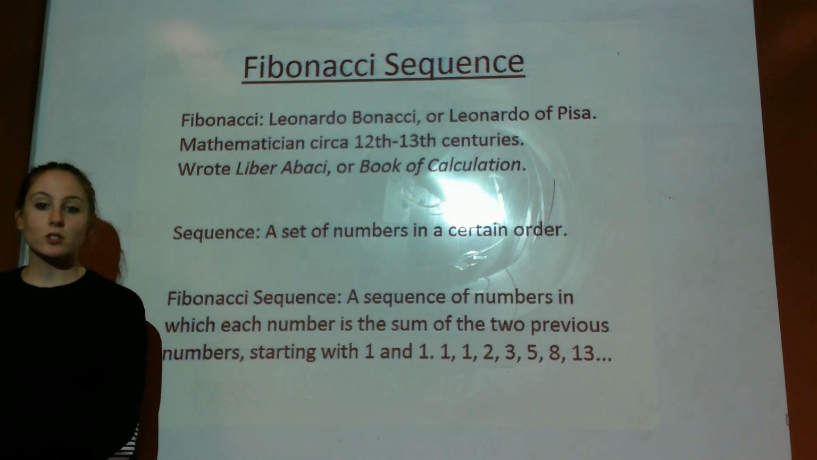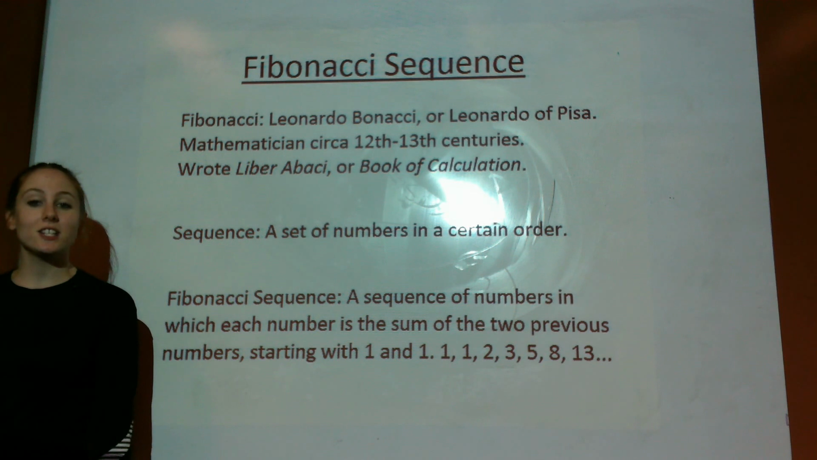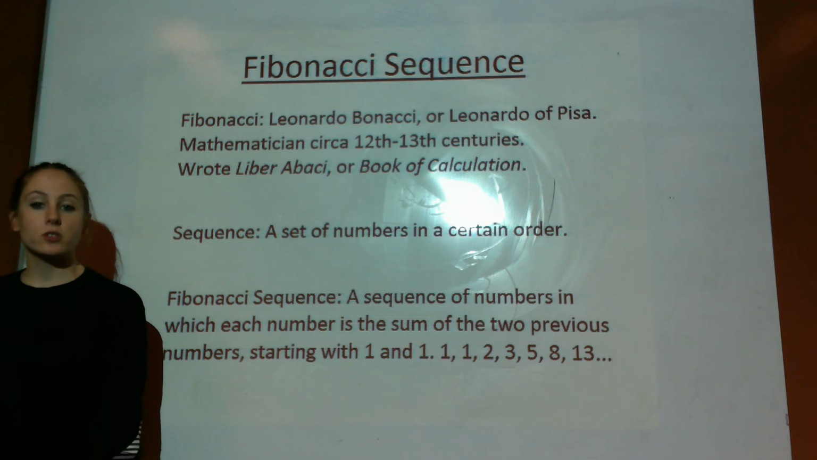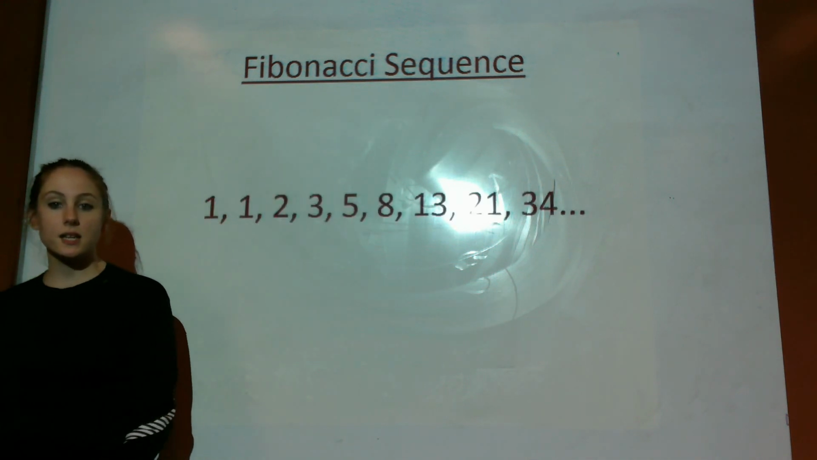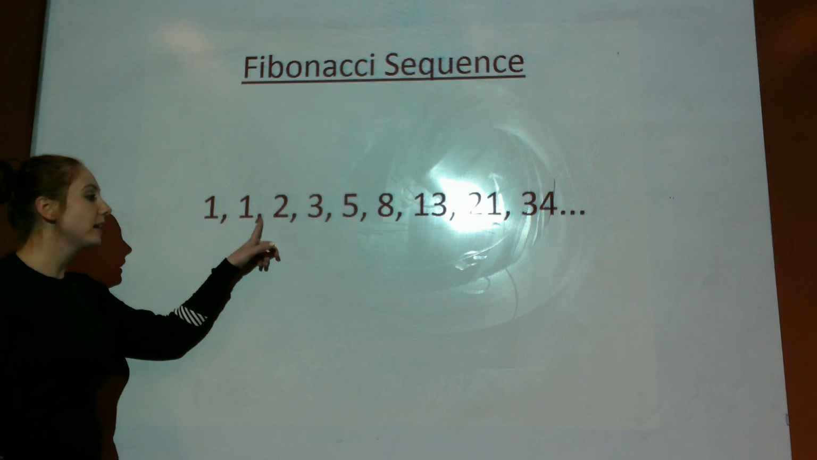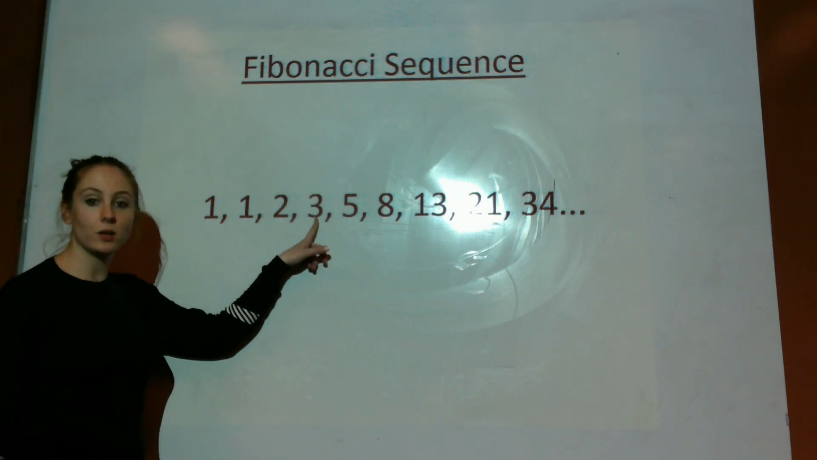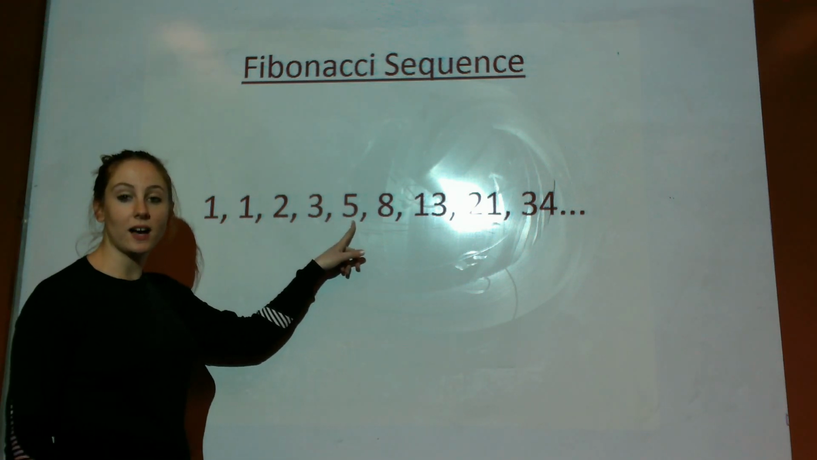The Fibonacci sequence was first introduced by Fibonacci in his book Fibonacci. It's a sequence of numbers, each member of which is the sum of the previous two numbers, starting with 1 and 1. We can see that sequence here. 1 and 1 added together equal 2, 2 plus 1 equaling 3, 3 plus 2 equaling 5, and so on